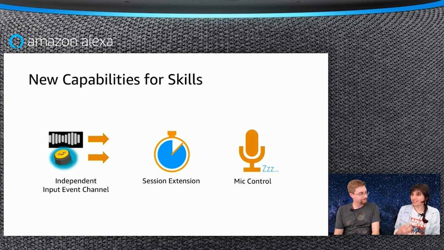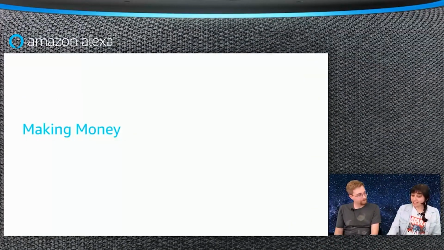Yeah, especially the ones that need collaboration, you want to talk with your teammates and then come up with some sort of answers. So for that, Echo Buttons is a good gadget to use. I can have an Echo Button and provide another input channel. And I can have an event to say, wait for 30 seconds for a button click to happen. So I've just extended that 8 second session. Now I have both channels to deal with. If I'm not interested in the voice channel, while I'm waiting for someone pressing the button, I can say disable the microphone.